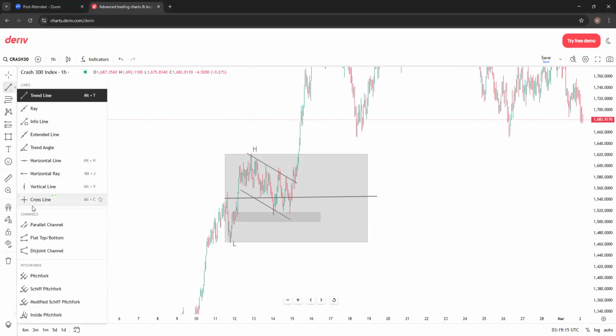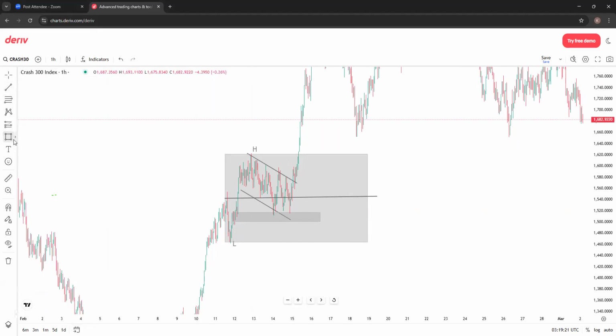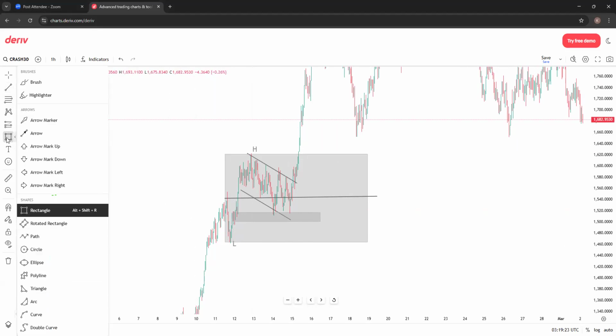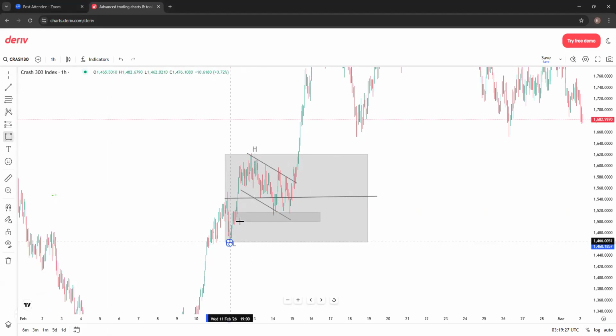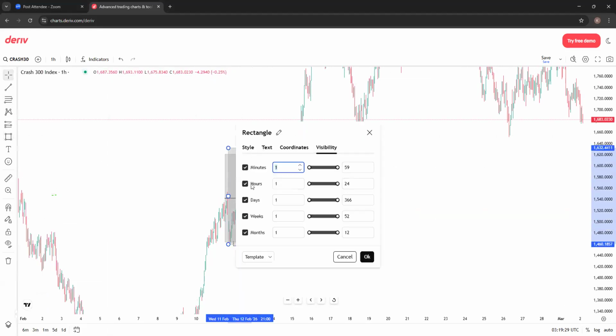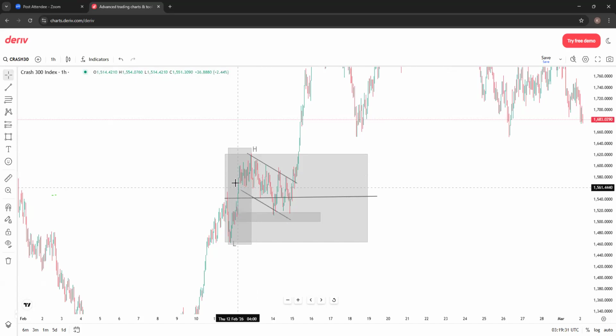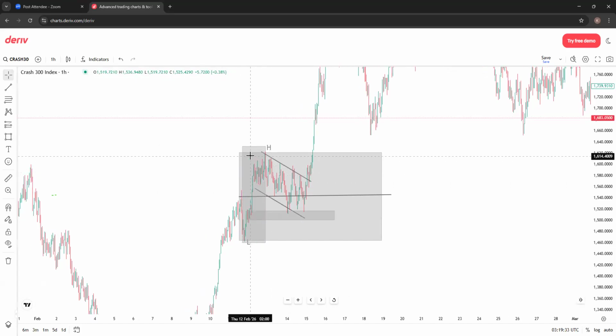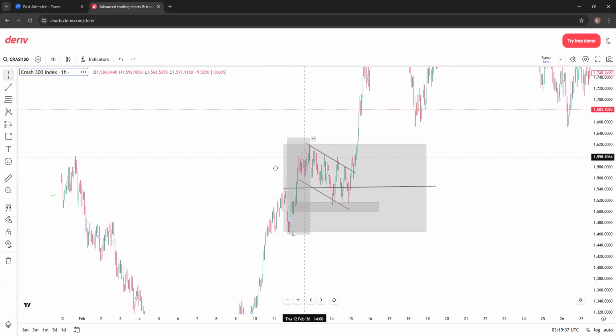Let me just use this box here, and let me use this box. So then the same thing, you measure your distance from your low to your high, and that's the same distance that you're gonna touch from your newly made